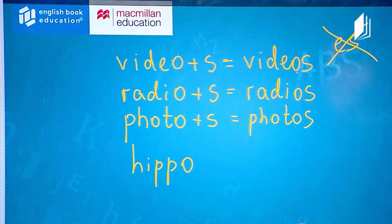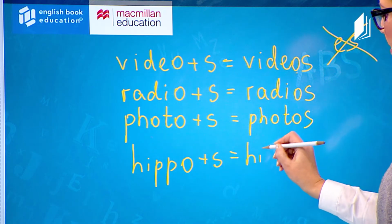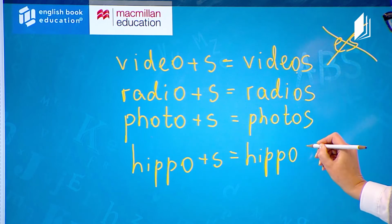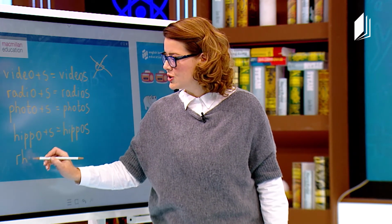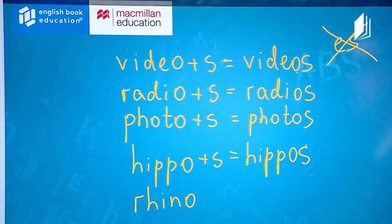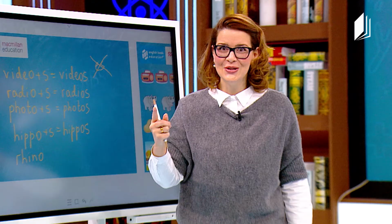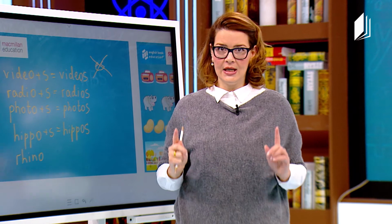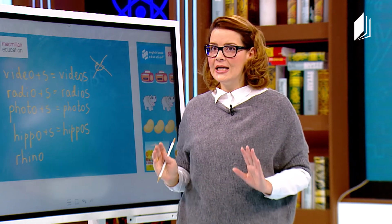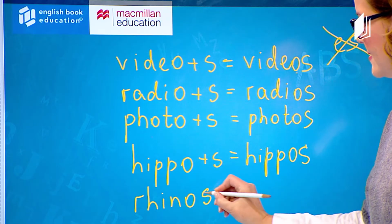Hippopotami. A cute animal, a huge animal, to which we also just need to add S, and we get hippos, okay? Rhino. It's also an animal, a rhino, yes, with a big horn. Do you remember horn? We learned it in the previous lesson, and rhino is the one with a horn, an animal which in the plural also takes the simple ending S, and we get,